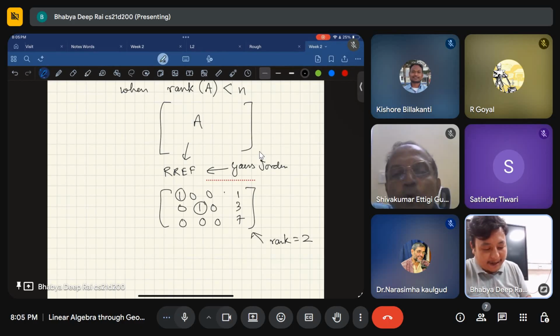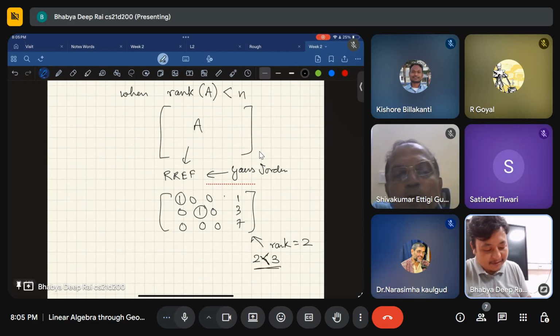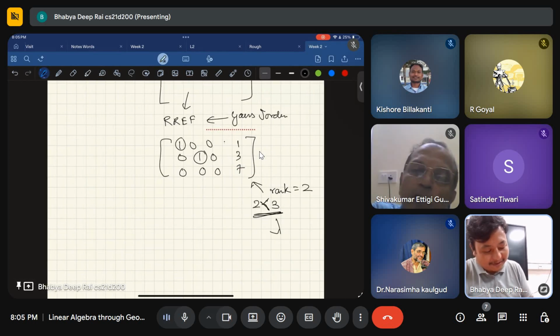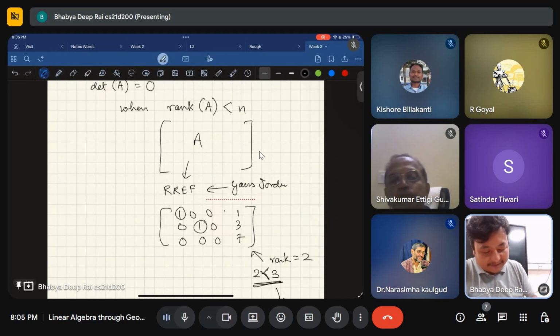Notice that 2 is less than the number of variables, which means that there is no solution. That is what we were saying, right? Sorry, there's no solution or infinitely many solutions. That's fine, but